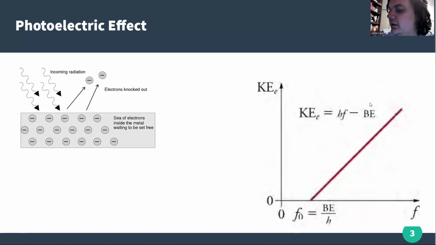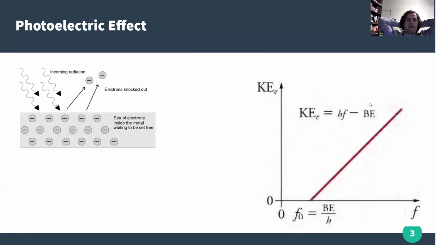And he wasn't a huge proponent of quantum mechanics, but what he did basically set a lot of the foundation for quantum mechanics. I think about as much as blackbody radiation did. But basically what he found was that when you shot